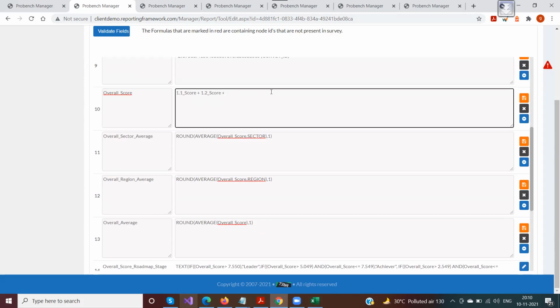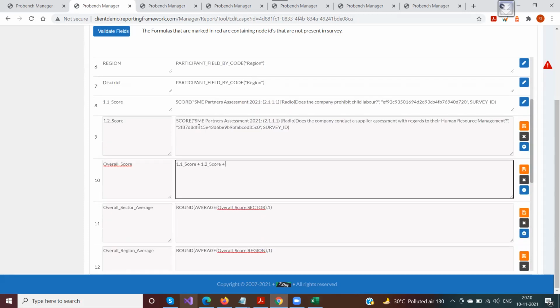I can also do it here. Say I'm just giving an example, just for the sake of explaining, I can make it as this. So this would be the addition: score of this plus score of this plus score of this would be added here and put under overall score. This is the kind of mathematical functions that you can do as well. You can do multiplication, use the multiplication sign, and you can use the division sign as well. All the mathematical calculations are very much possible within the system.